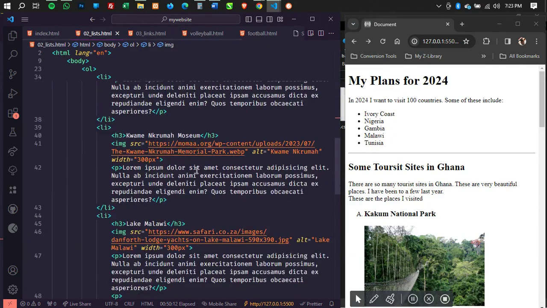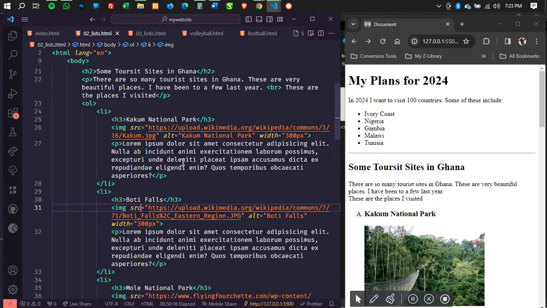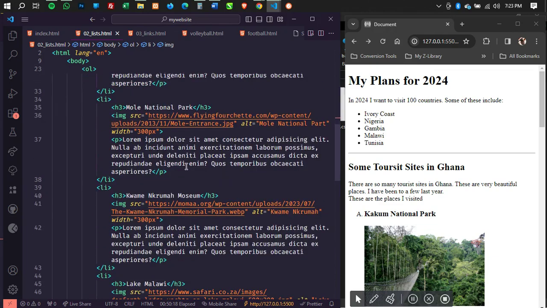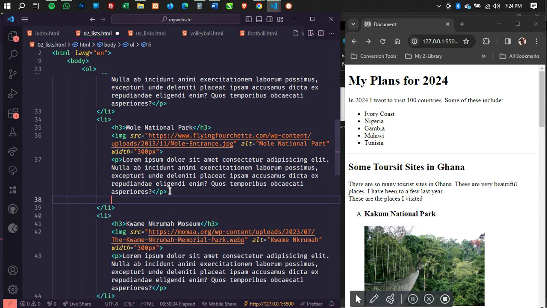Let me just do that right over there. Where's Mole National Park? I think that's right here. So assuming I want to add a link, which when you click on should lead you to Wikipedia so that you can read more about Mole National Park. I'm going to bring my anchor.